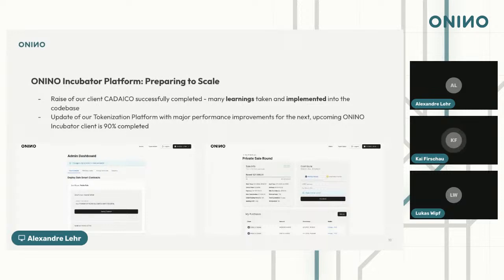We discovered some processes that could have been optimized based on what we saw in the last tokenization sale in action, and now we're streamlining all of these processes, making the app even more robust and giving it an even better user interface. For example, you see a screenshot of the new layouts. In the new version, users will have everything regarding a sale in one place and won't have to click through different pages. Everything is bundled in one single dashboard, so you can get all the details you need on your current token purchases and on contributing.